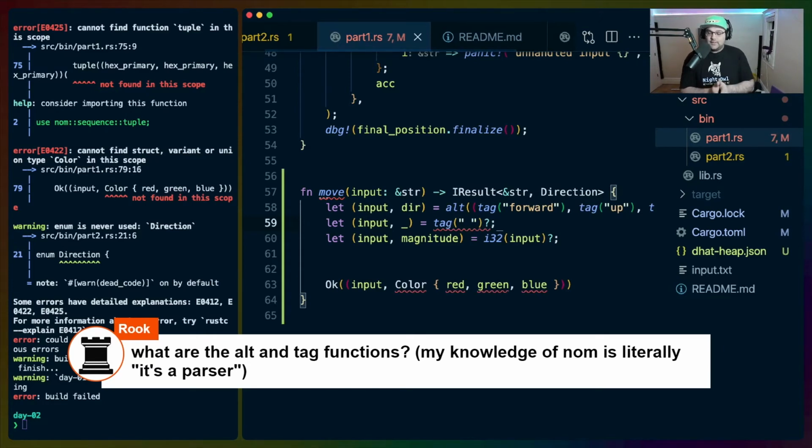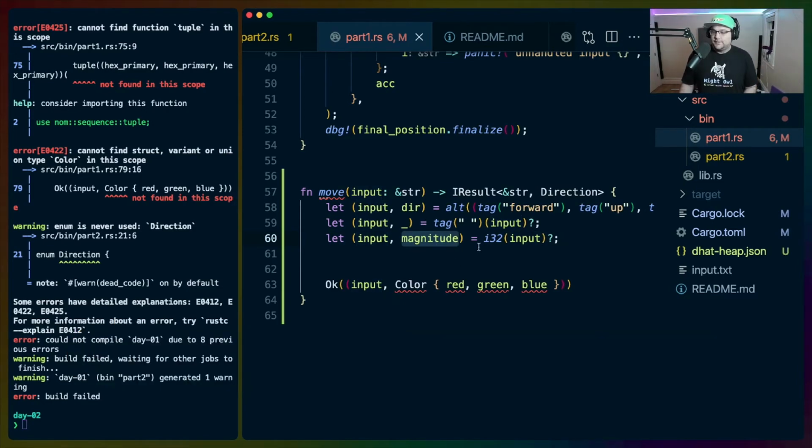So we're basically, it's going to be forward space, whatever, right? So I'm going to try to tag a space and I'm going to pass in the rest of the input. And that will give us the rest of the input and whatever it parsed out. In this case, it's a space, so we're not actually going to use it, which we can then pass the rest of the input into our I32 parser, which will give us the rest of the input, and then the thing it parsed out. So all said and done here, what we have now is the dir, which is the direction: forward, up, down,